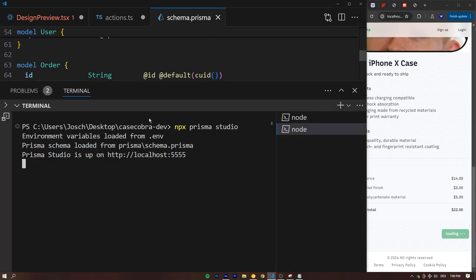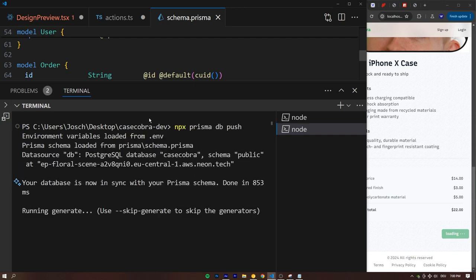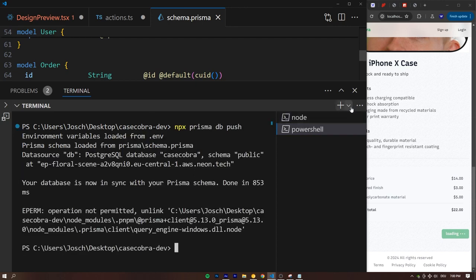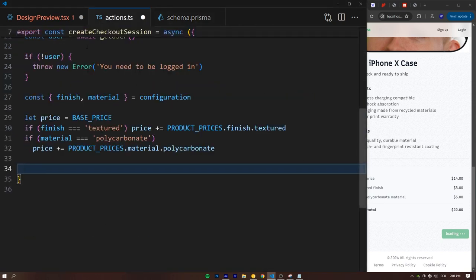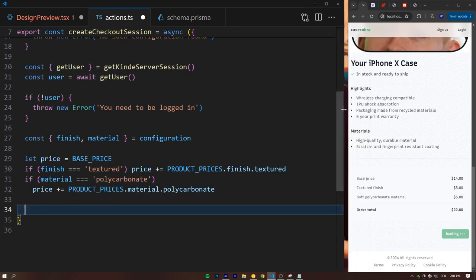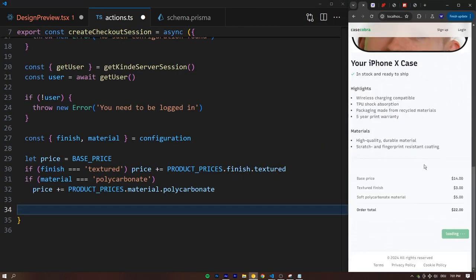Now to sync our remote database, as always, we're going to say npx prisma db push. That's going to push our changes into remote. And that should only take a second. And we are up to date. Great. Awesome. So what that now means is we can continue in our createCheckoutSession action, right? So let's go side by side here. There we go. Nice. So when we click this button, this function will be executed, creating the payment session for